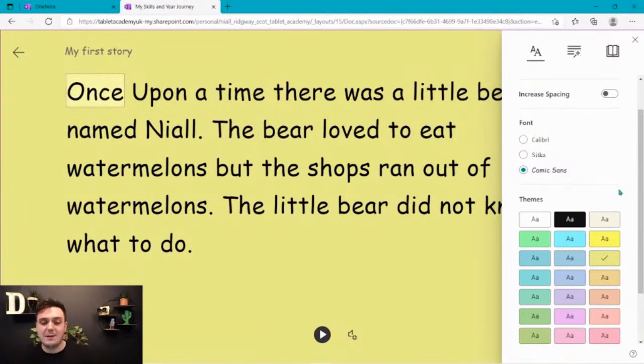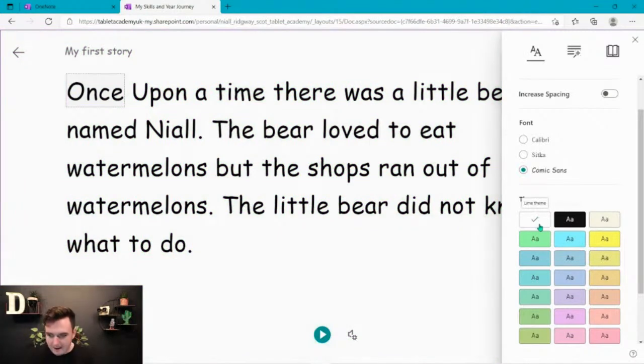Now I like Comic Sans because look at the A. It is the nice rounded A that we use in school, but it's absolutely up to you what font you prefer. Lastly, we can change the background colour as well. So if you've got it on no theme,